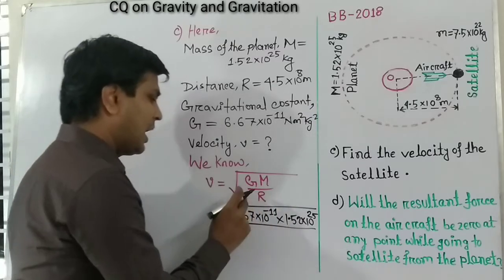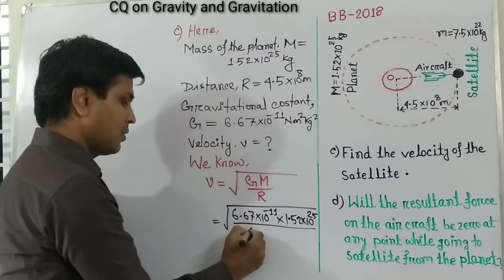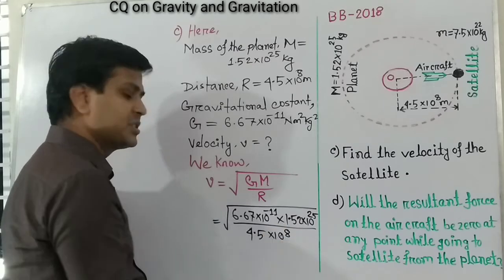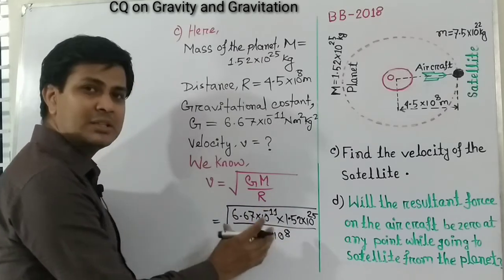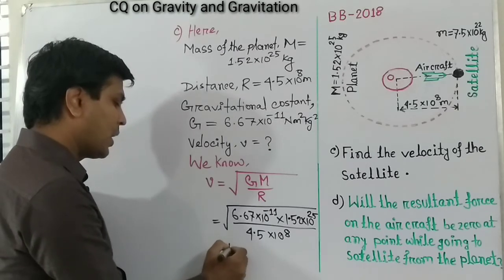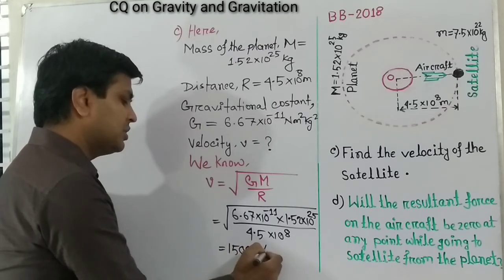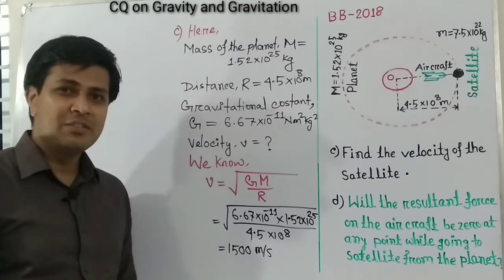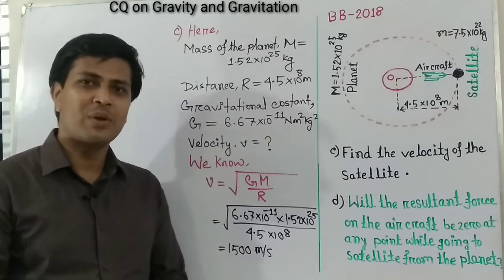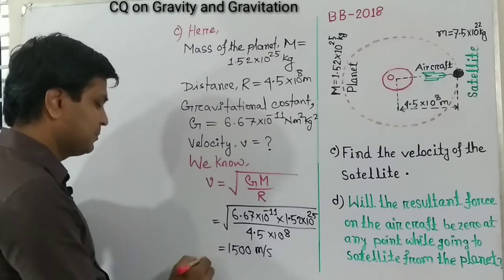Value of R is given here: 4.5 into 10 to the power 8, and after calculating the expression we'll get the value 1500 meter per second. And if you want to convert meter per second into kilometer per second, then we have to divide by 1000 and we'll get the result of V